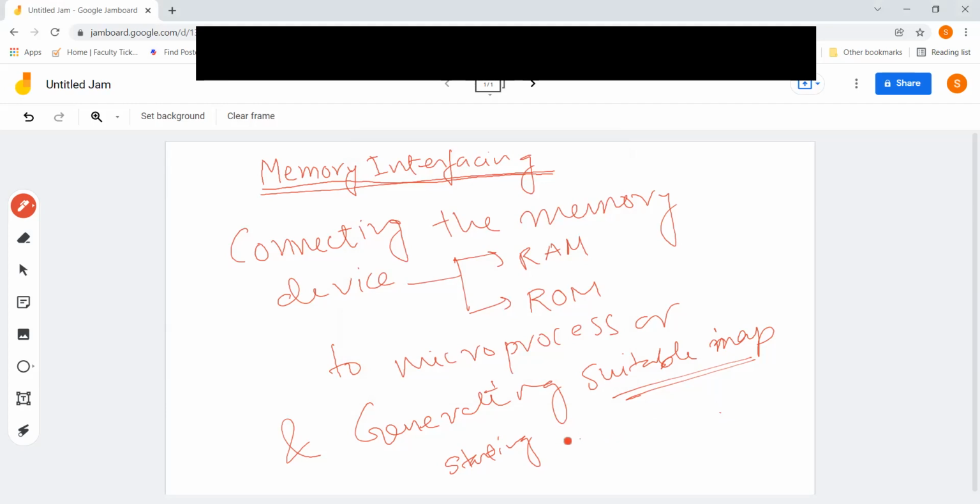So we have to design the memory in such a way and give a starting address and an ending address. That is the meaning of mapping the memory. From starting to ending address there should not be any gap, whether in the RAM or in the ROM. So you have to decide the address, what connections you have to draw, and finally show the starting and ending address. That is the purpose of memory addressing.